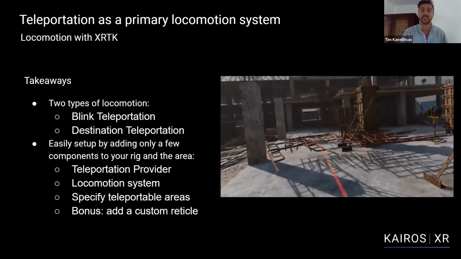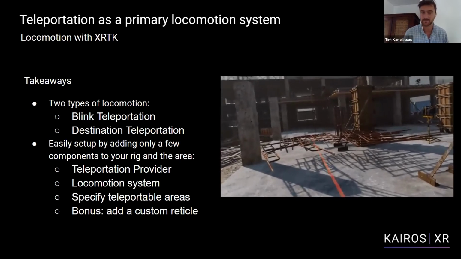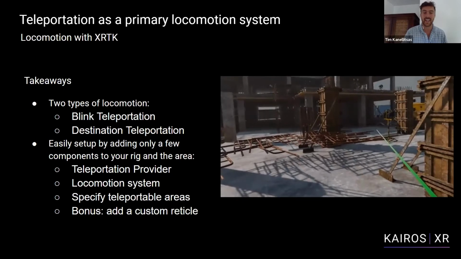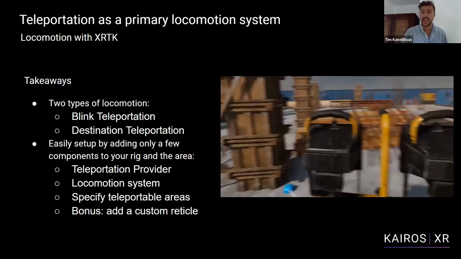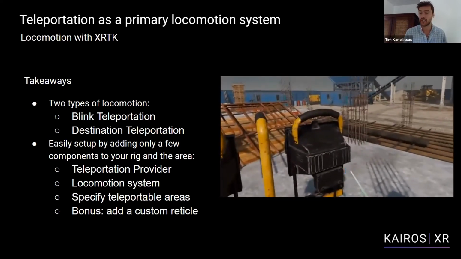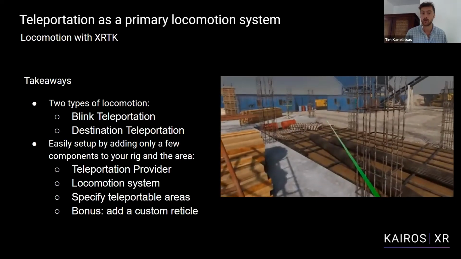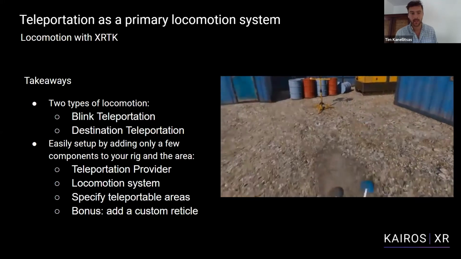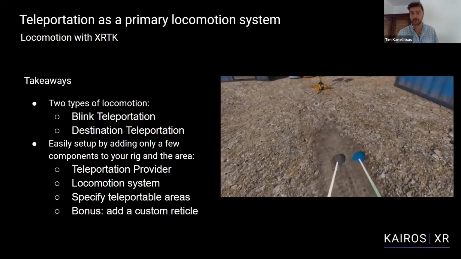So all you have to do is add a teleportation provider. You're going to add that to the XR rig. You're going to add a locomotion system as well. And then to any area to which you'll teleport, you'll add a teleportation area. And that's it. It's really just 3 basic steps. And then